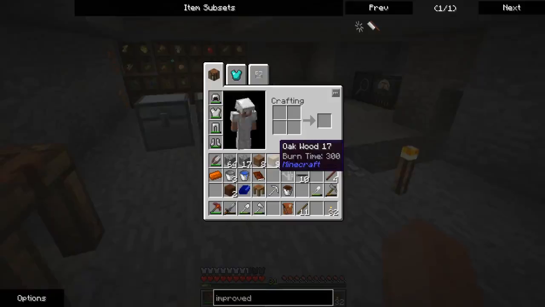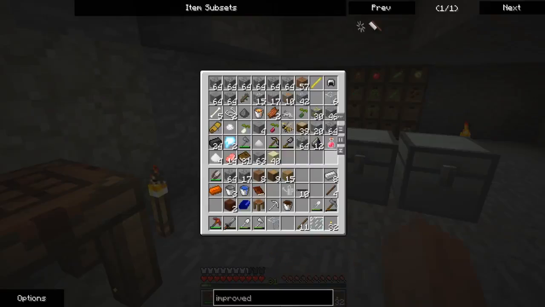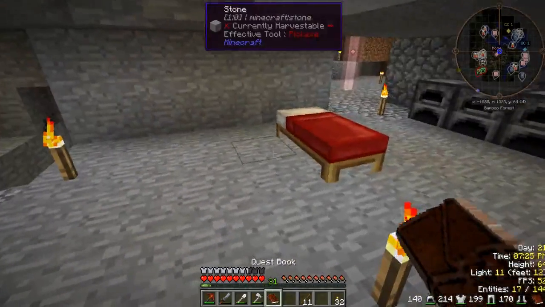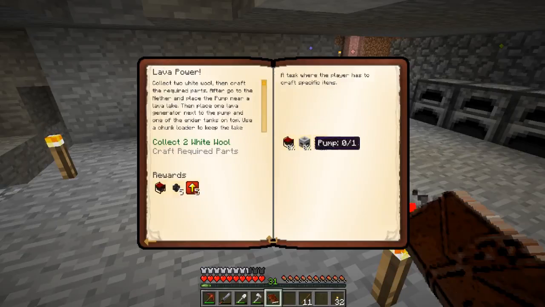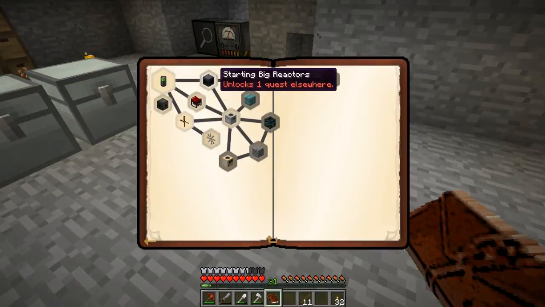And let's check our, well, it's just a basic reward bag. And we got glass. Heh, okay, funny. That's a very small reward bag. Not worth the quest in my opinion. So we can make lava generator, pump, ender tank. This one's going to take a while, so let's actually skip to